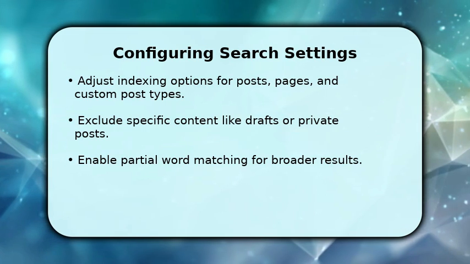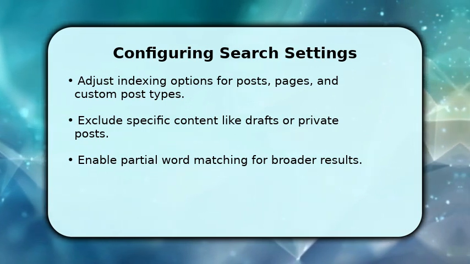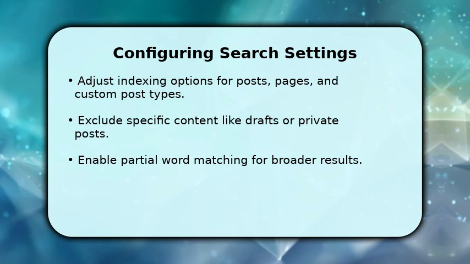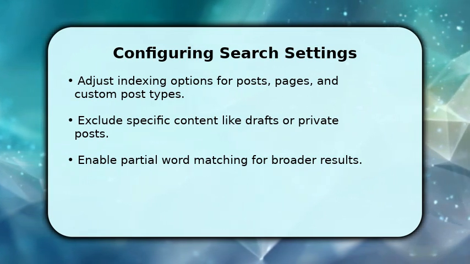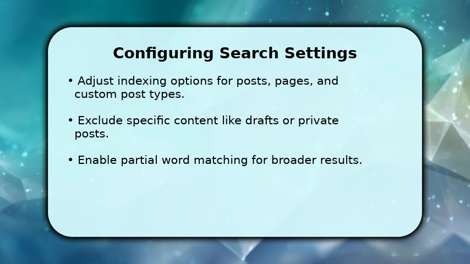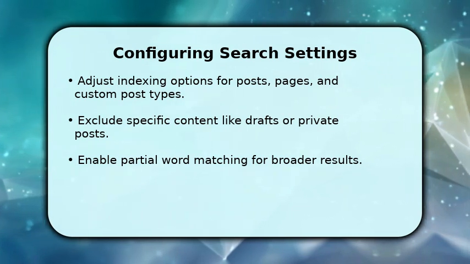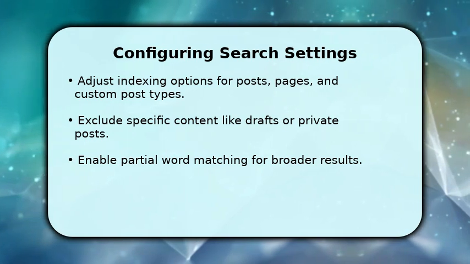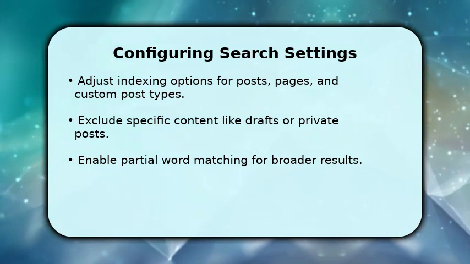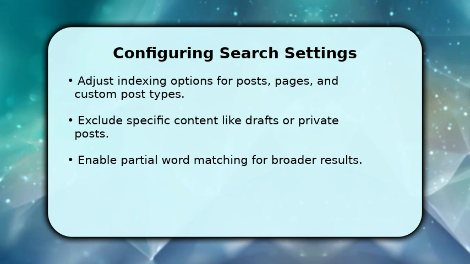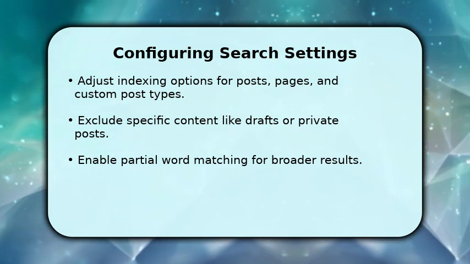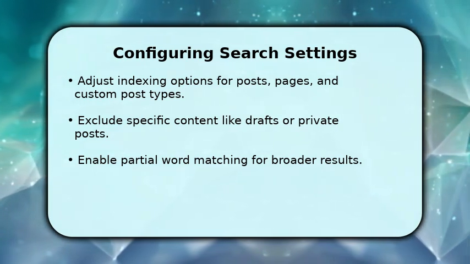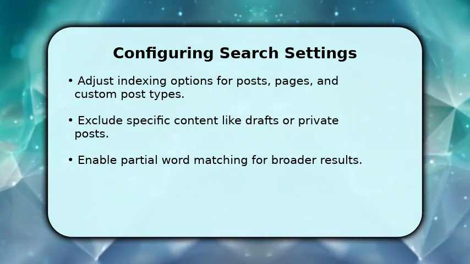You can precisely control what Relevanssi indexes, choosing to include or exclude posts, pages, and even custom post types. It's wise to exclude drafts or private content from the public search. Consider enabling partial word matching, which can significantly broaden search results for your users. You can also assign different weights to titles, content, and comments, making titles, for example, 2 times more important than